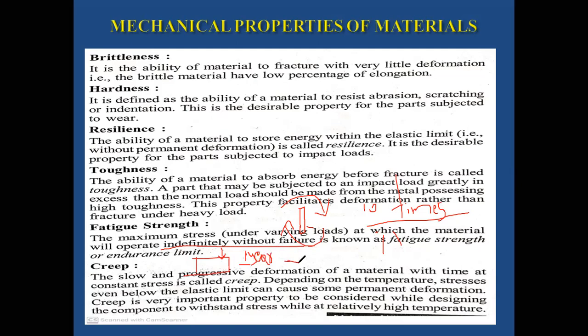After 1 year, the body will get some deformation, from 5 mm to 10 mm. So every month it is getting a deformation of 1 mm, 2 mm, 1.5 mm, or 0.0 mm. It's a slow and progressive deformation of material with respect to time. We need to consider it with respect to time: after completion of 6 months, after 1 year, after 2, 3, 4 years, like this.